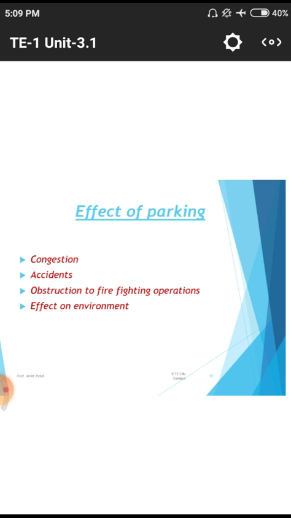Next one is obstruction to firefighting operations. That means there is huge traffic lying in a particular area. The movement of a vehicle for 1 kilometer takes nearly 1 to 2 hours. Normally we move 1 kilometer in simply 5 or 10 minutes. If there is a huge amount of traffic, automatically we have to move at a slow speed to rush through particular rushy areas, so that we have to move in congestion with a huge amount of headache